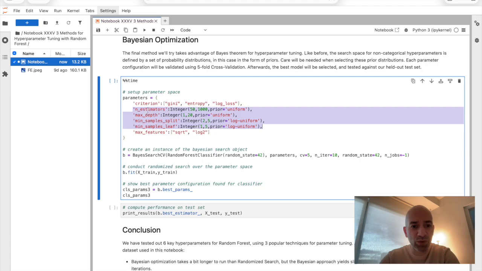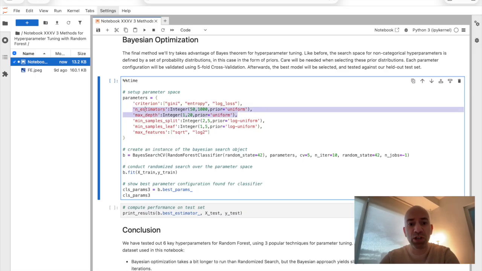For all the ones that we're considering here, they're integers. So we use this integer class here, and we define the possible range. So here I'm saying that n_estimators can take on possible values between 50 and 1,000, and then I set my prior. So for the case of number of estimators and maximum depth, those are the first two distributions here,